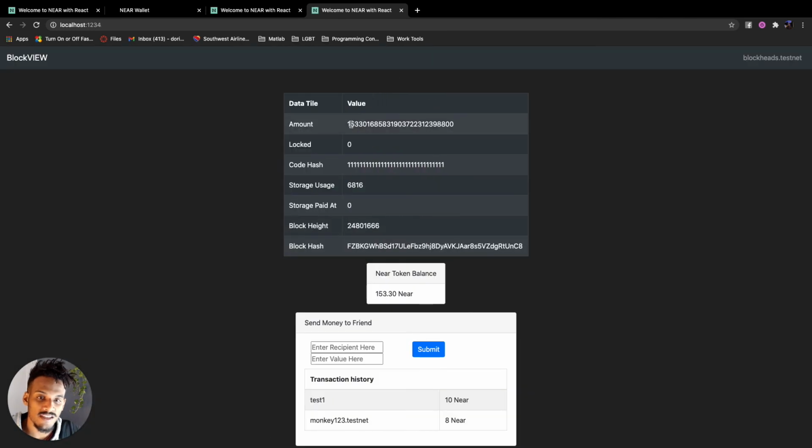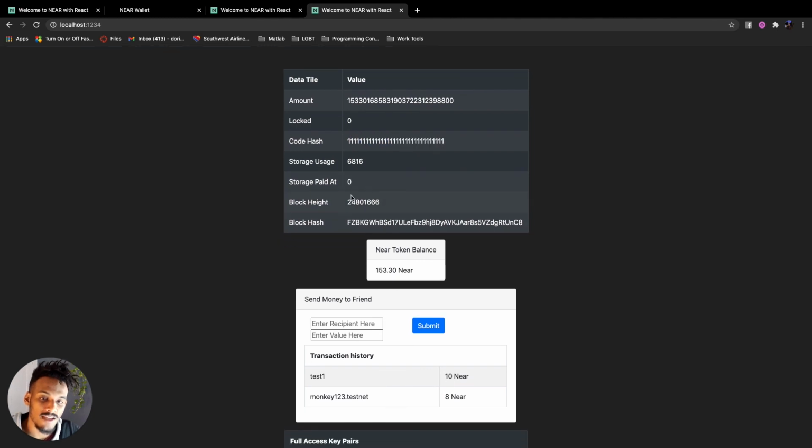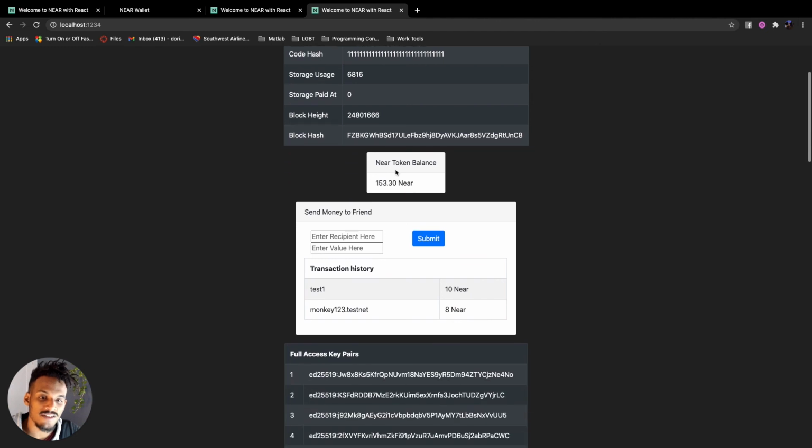we can see the amount of near tokens I have in the octo near, the locked tokens, we can see we have no contract deployed to this account, see how much storage I've used, storage I paid, the current block height, or the block height at which this account exists, and the block hash, as well as the more nicely formatted balance, and a feature to send any user more money. So I can say blockshop.testnet, which is an account I created for another video, and send them 7 near, hit submit, open up a terminal,